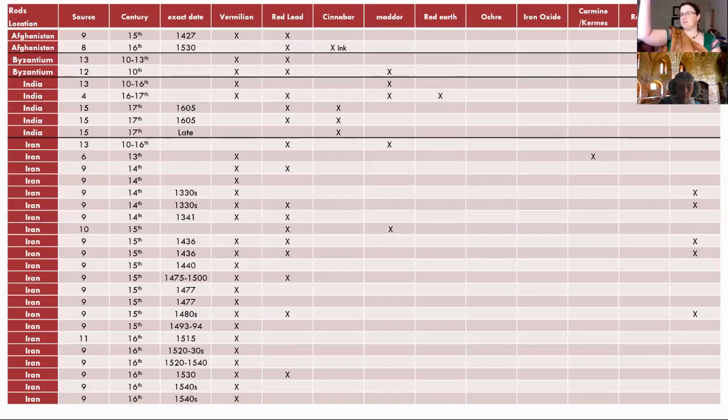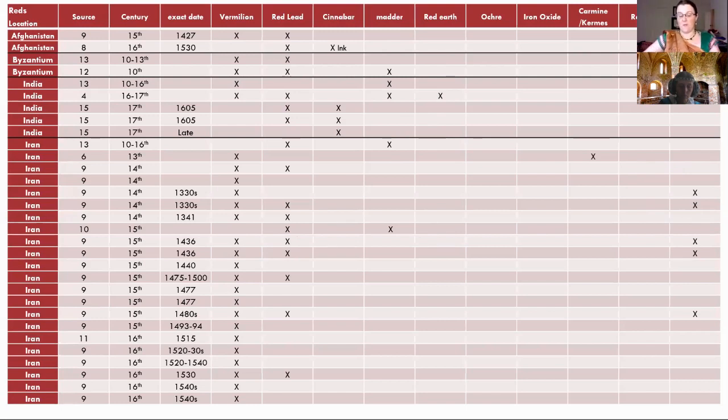So with red, you can see vermilion and red lead almost exclusively. You are safe if you have those things and you're looking to recreate a thing. But I do have some madder, some red earth. Iran had the carmine. Because I mentioned the organics, organic red is likely madder, but